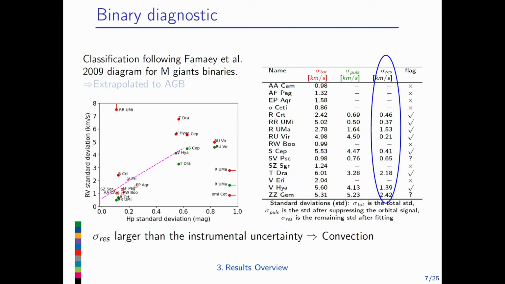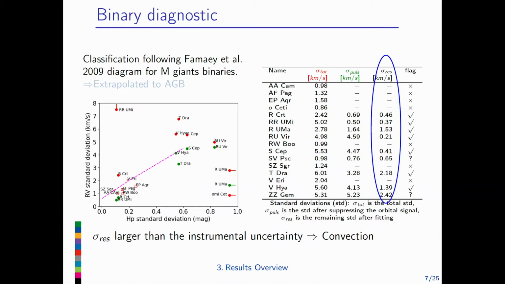Yeah, exactly. I cannot. And do you know why? No, I have no idea. I'm co-author of the paper by Famaey, so maybe I can comment. Actually, this sample of M-giant binaries is made out of, I mean, no Miras, actually, and it consists of semi-regular or irregular, or even very small amplitude